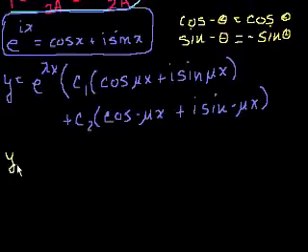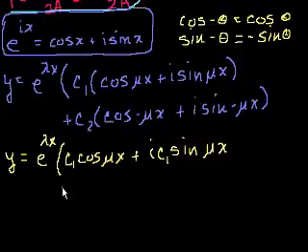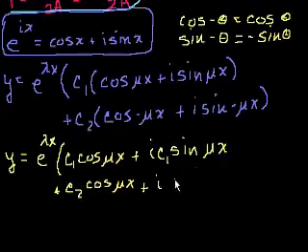So we get y is equal to e to the lambda x times, and we could actually distribute the c1 too, so times c1 cosine of mu x plus i times c1 sine of mu x, plus, all of this is in this parentheses right here, plus c2. Instead of cosine of negative mu x, we know this identity, so we can just write this as cosine of mu x as well, because cosine of minus x is the same thing as cosine of x, plus i c2 times sine of minus mu x. That's the same thing as minus sine of x. So actually, let's take the minus sign out there. So minus sine